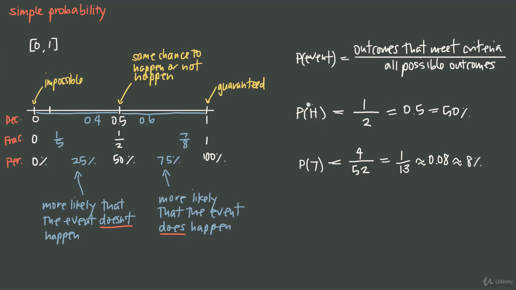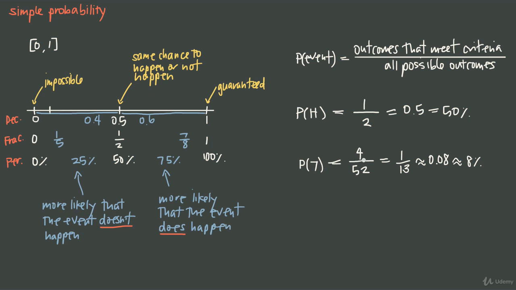So for example, when we flipped the coin, we're assuming that it's a fair coin and that we have an equally likely chance of getting heads as getting tails. When we drew a card from the deck, we were assuming that it was a fair deck with all 52 cards that were supposed to be there, and we have an equally likely chance of pulling any one card out